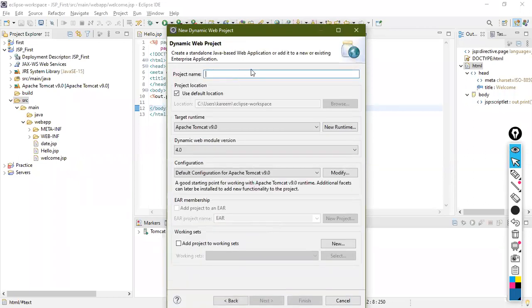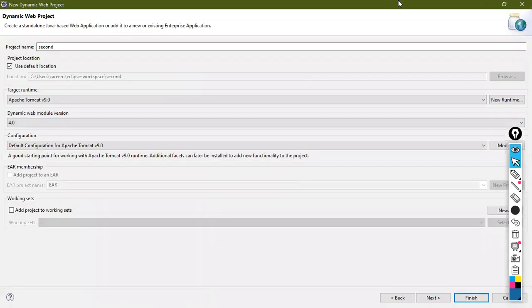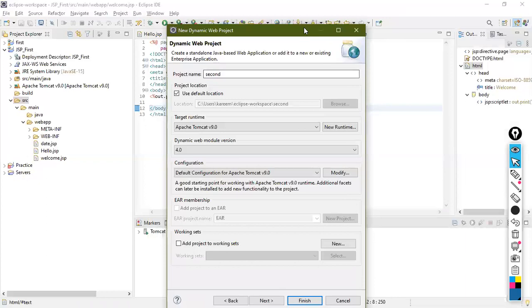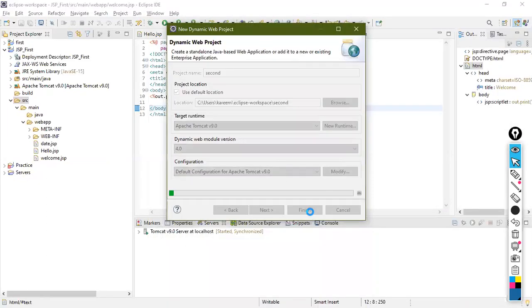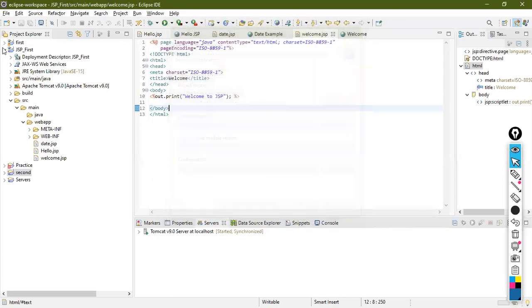It will ask for the project name. For example, in this case I'm going to write my second project. Then you have to select which type of server you are using. I'm using Tomcat 9, and you can click on finish. So it will create your second project.